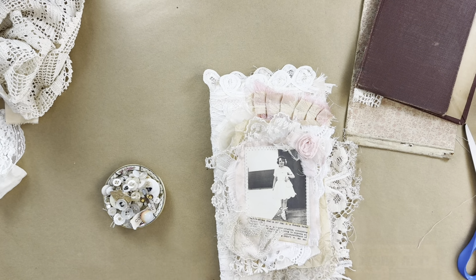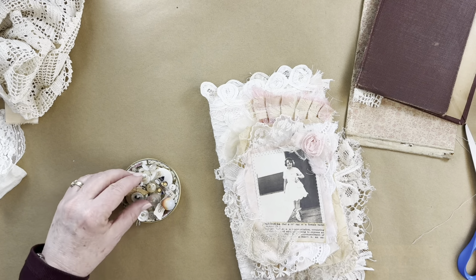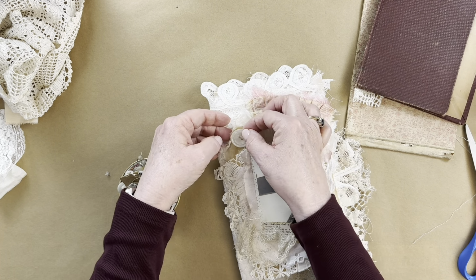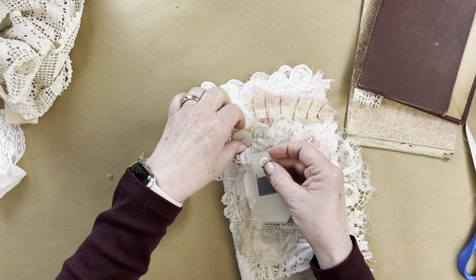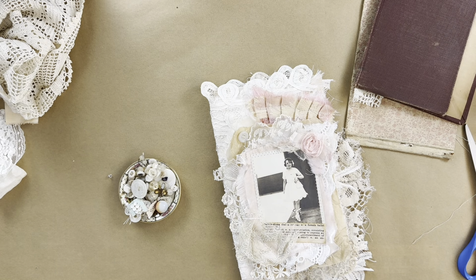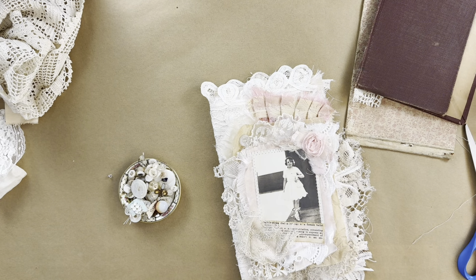Just changed my paper out. Got nice clean paper for us to work on today. It's my little dish with some buttons here that feels a little big to me. Find something a little bit smaller, just a little something there, which I think would be great. So put a little something right there. And we'll put a little,